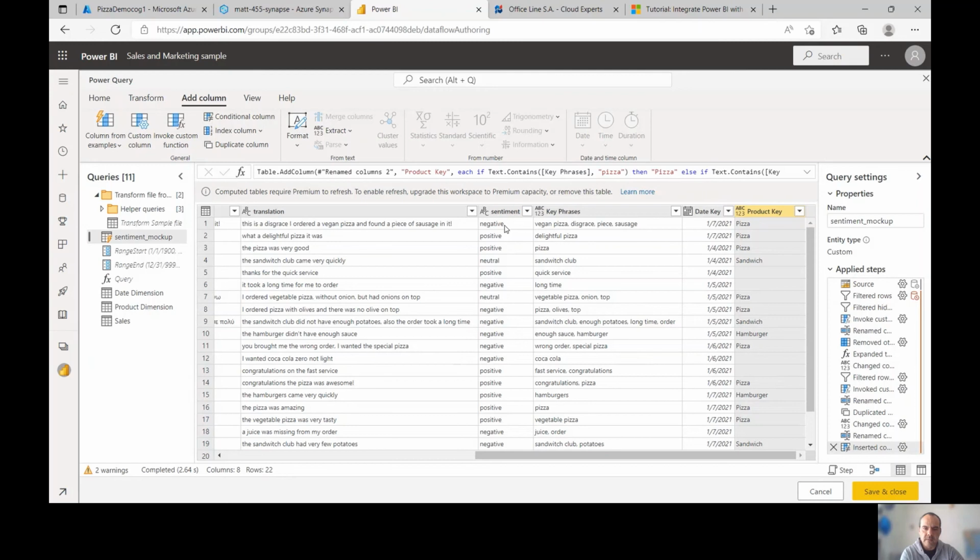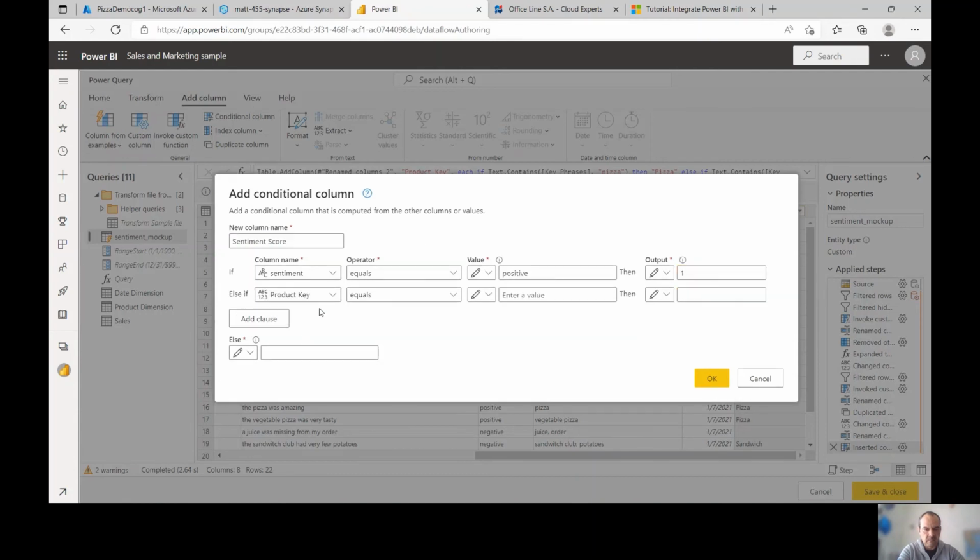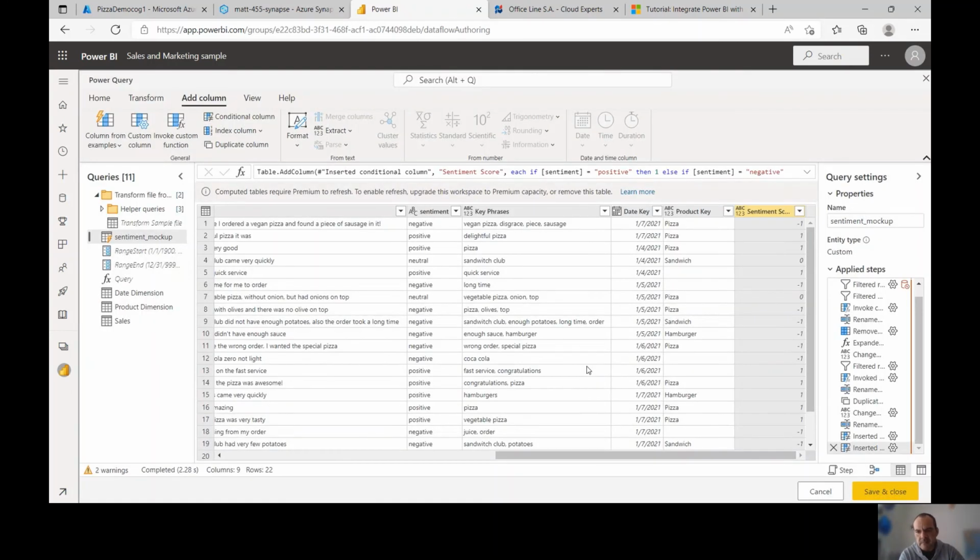So it's going to be +1 if the sentiment is positive, -1 if it's negative, and 0 if it's neutral. And that's it. Save and close.